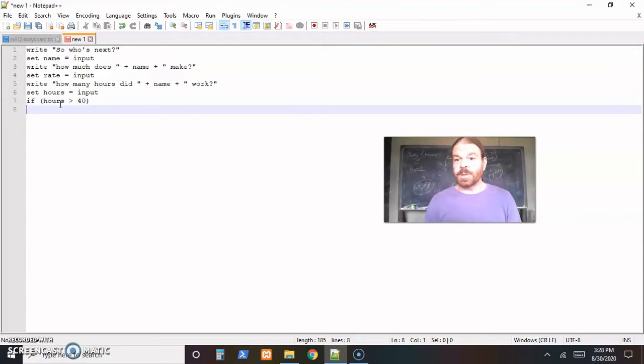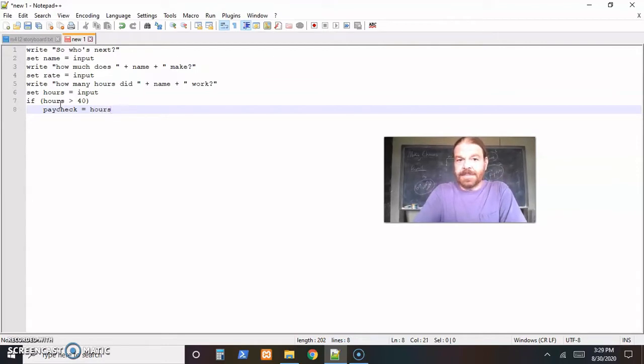And now to distinguish what is inside of that if block, I'm going to indent it. So if hours is bigger than 40, I'm going to hit tab and come over, and then everything that's indented is what will run if that condition is true. So if hours is bigger than 40, well then paycheck. The amount that actually shows up on their paycheck. That's a good variable name for it. Paycheck will equal